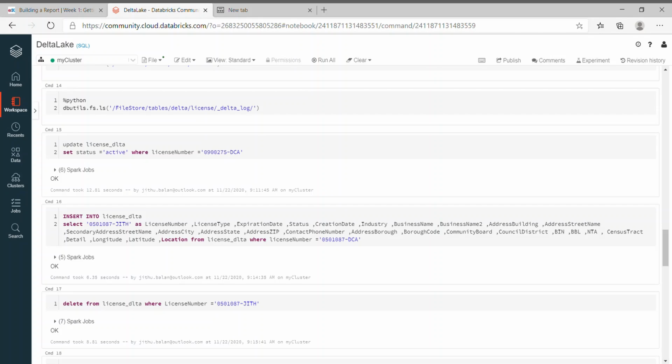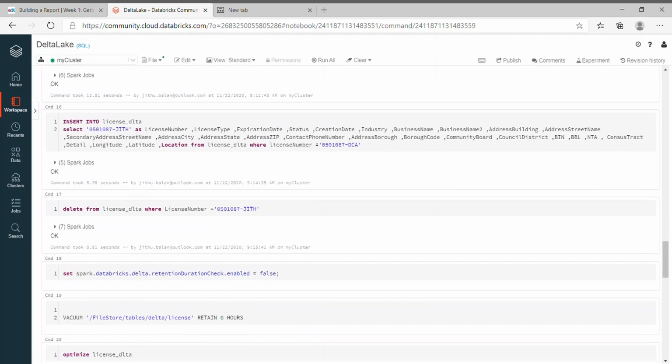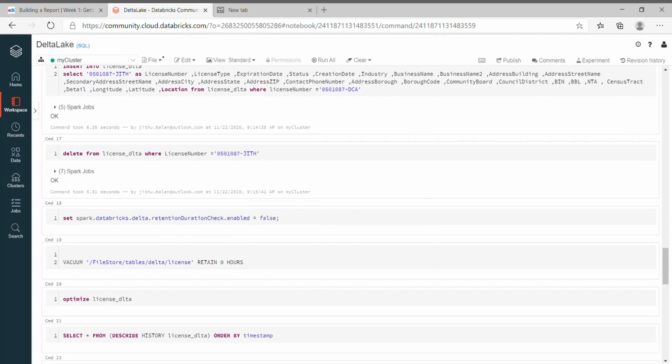You don't need to keep it, for example, 1 month or 2 months, 3 months. In a traditional database, we take the backup and purge the transaction log. A similar kind of option you can do here. What we can do is just remove the history, right? For that we can use vacuum. If you use vacuum, it will remove all the files that are not used by the Delta Lake table. So to give the demo, by default it keeps 7 days of history,